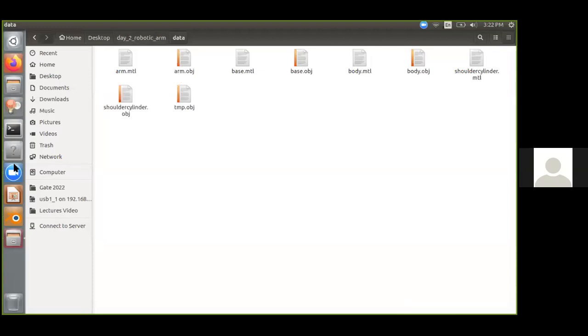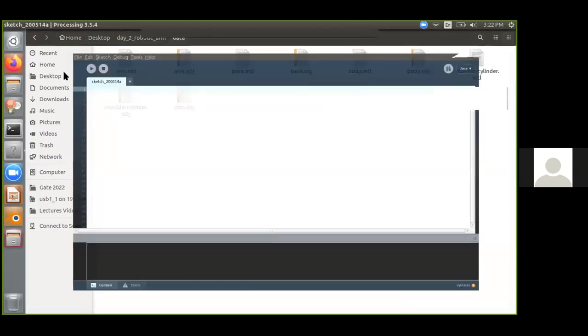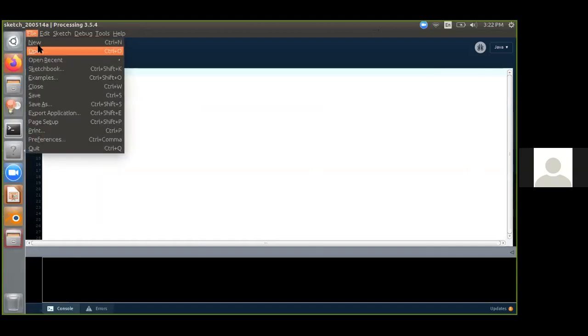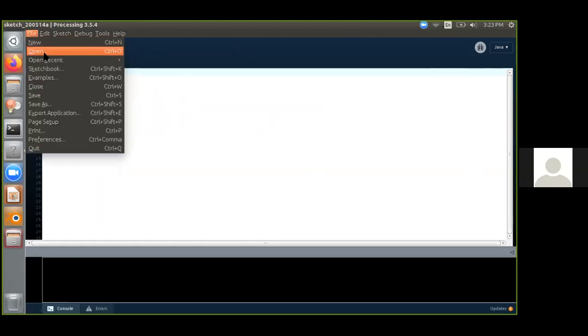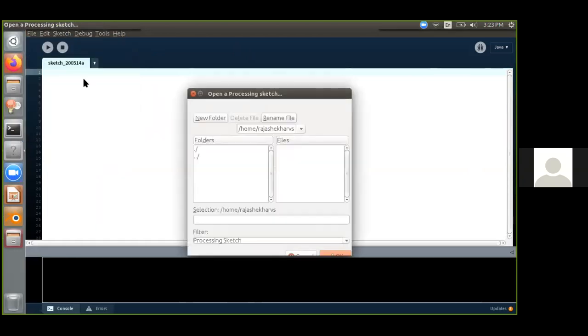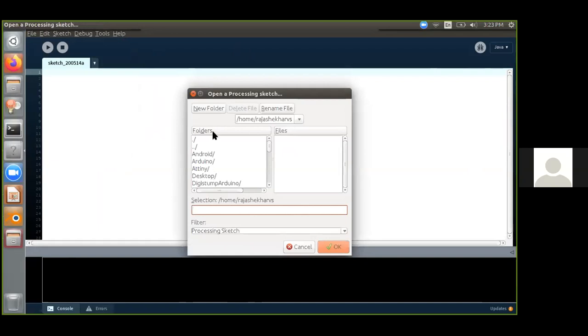So I'll move on to the program. You will get the screen once you click on the Processing icon. So kindly don't do anything now. You just listen to what is being done. You can note it down. Please go to File and click on Open. In Open, there will be folders.